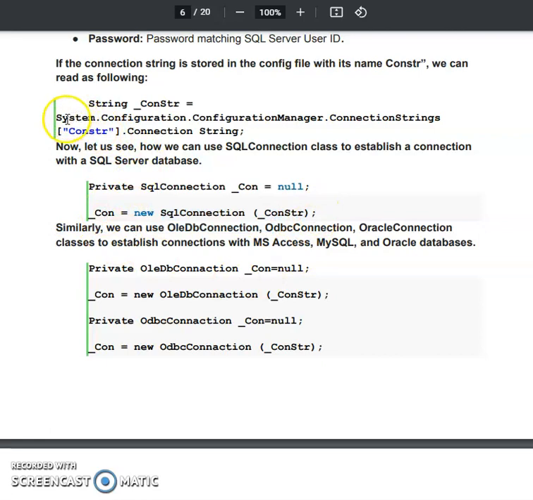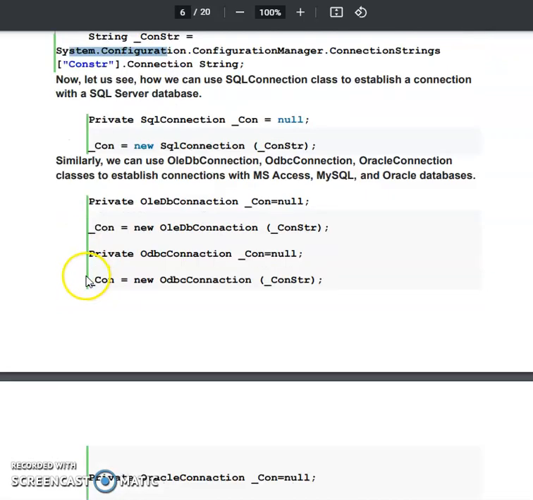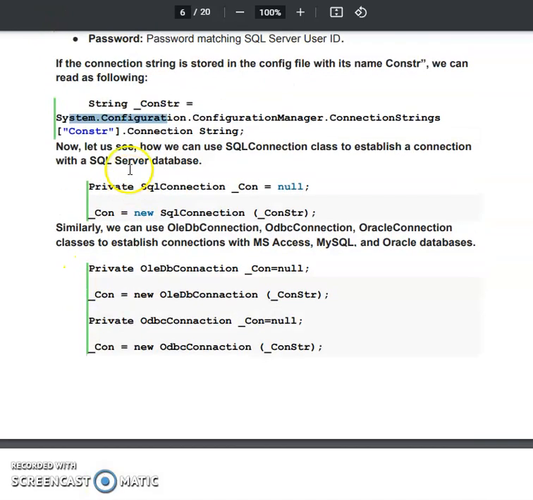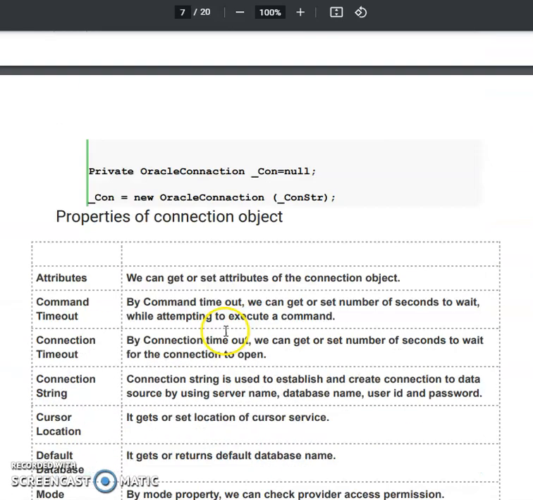Means first of all use the System.Configuration. For that you have to use one namespace, using System.Configuration, in your web page. Then after establishing the connection, you can open the connection, you can access the connection. Same for other databases, OleDb, ODBC connection.